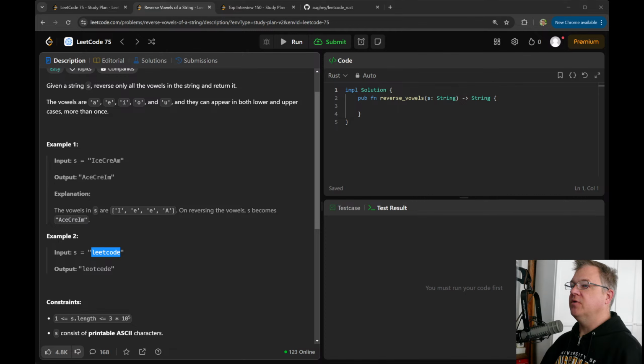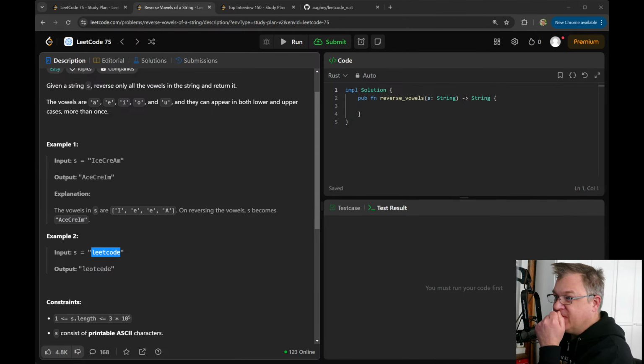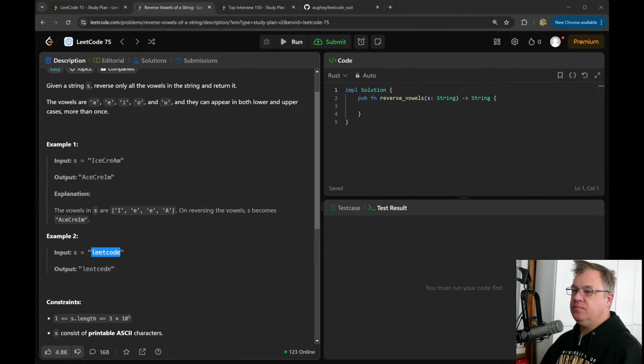I never knew about this one. It returns an iterator that yields the lowercase mapping of this char to one or more chars. Oh, shoot. To lowercase. Core char to lowercase.